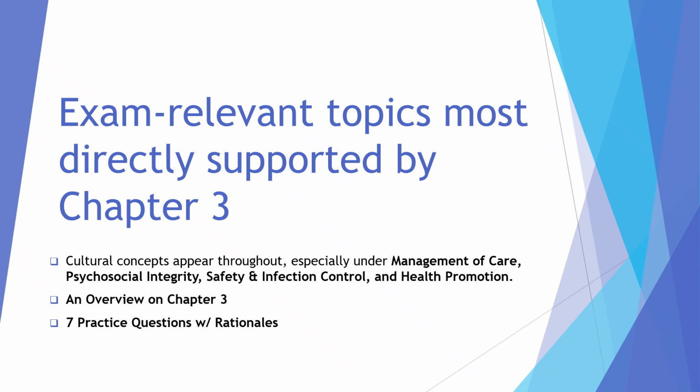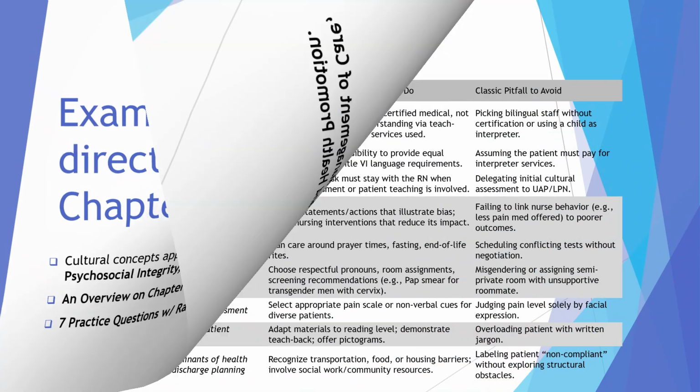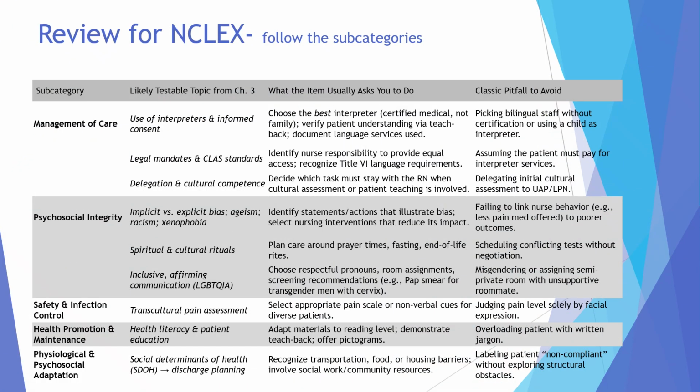I will offer again an overview of Chapter 3 and a few practice questions, about 7, with rationale. So we go now. Let's review for the NCLEX. Follow the subcategories: management of care, psychosocial integrity, safety and infection control, health promotion and maintenance, and psychological and psychosocial